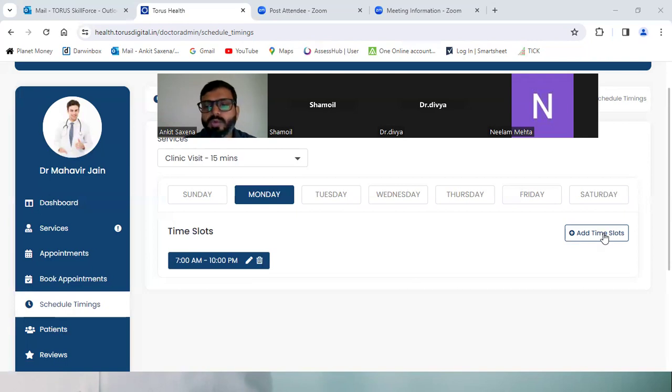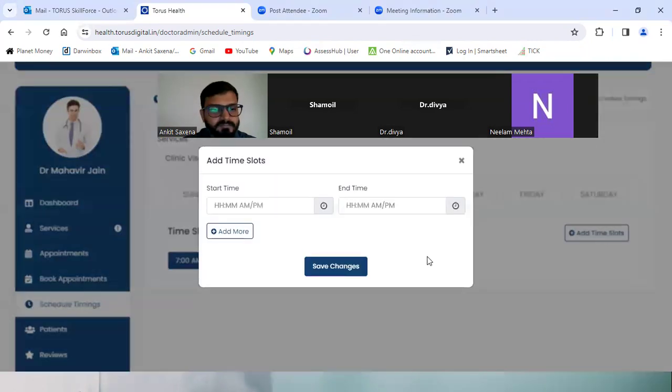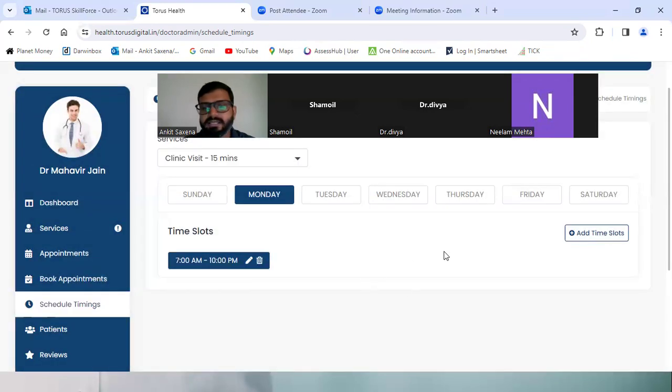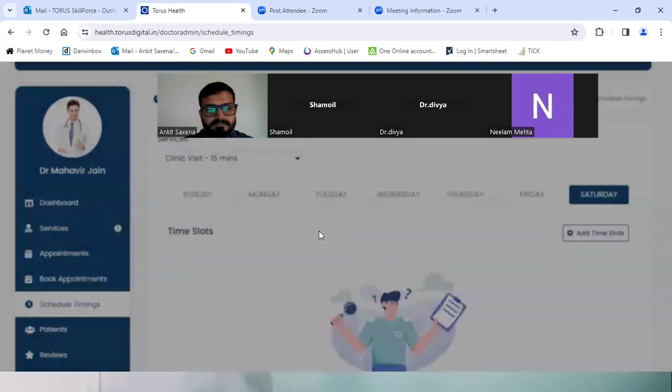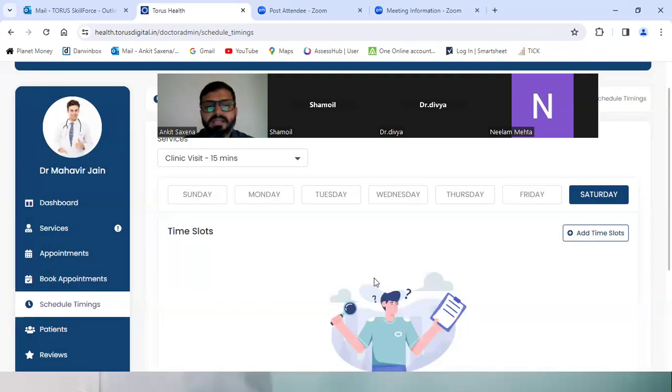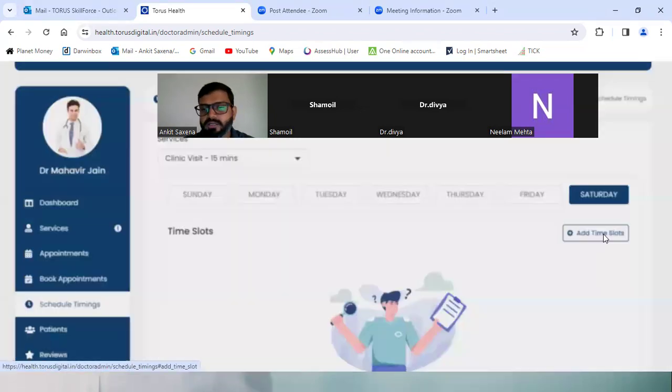So, if you go to add time slots here, for example on Saturday, if I want to add time slots, right here the time slots are 7 a.m. to 10 p.m. If you want to delete it, you can simply delete this, and you can add a new time slot here.